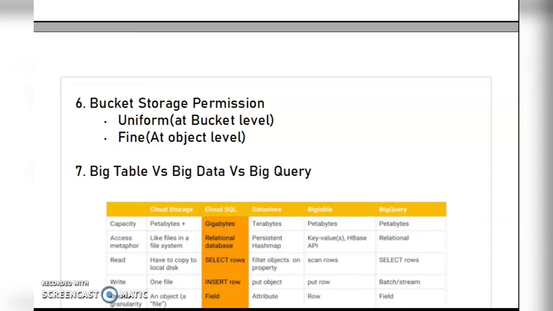For the bucket level, there is something called uniform storage permission. If you want to control the access at the object level, you have something called fine-grained storage permission. I will not go into the depth of this, but whenever you are reading the documentation provided by Google,